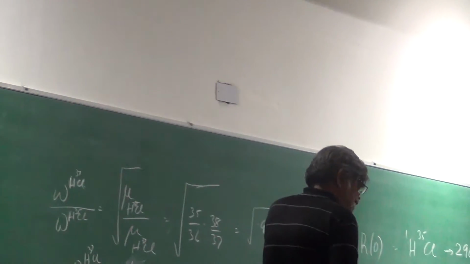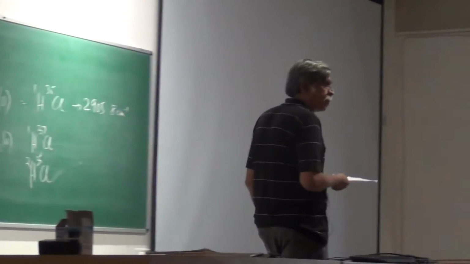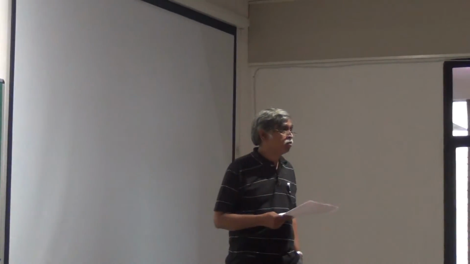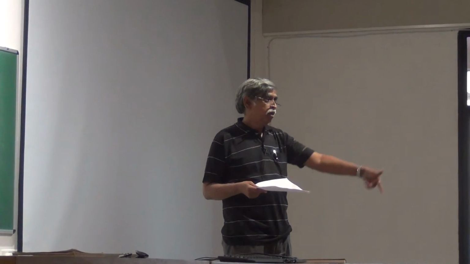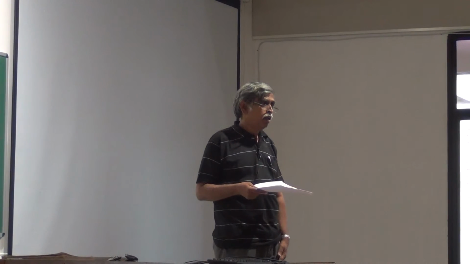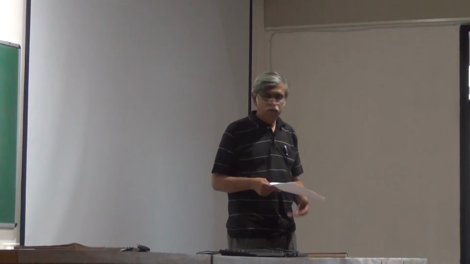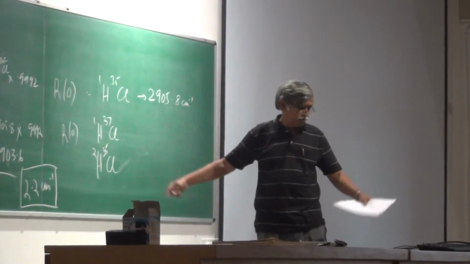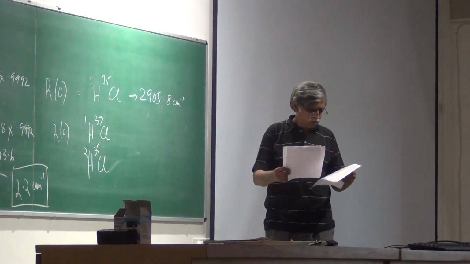Yeah. So is that the way number given is for this R0 line? When I say it's R0, it is for a low vibration thing, because the moment I say R, I have brought the rotational part into it. But we ignore the 2dm part in the... Well, we don't really ignore it. When I say the R0 line is 2905.8, in fact, when I do the, first we just do one thing,